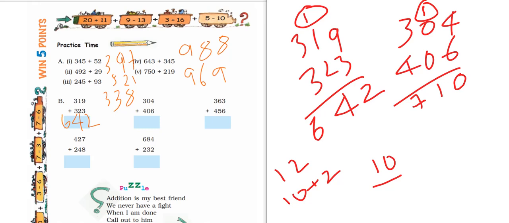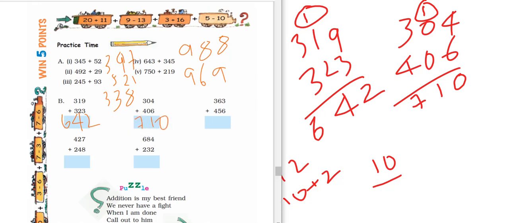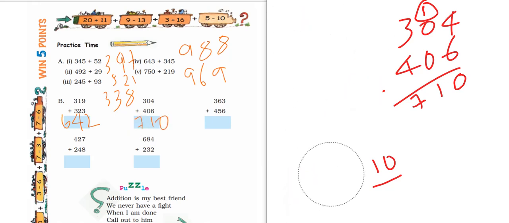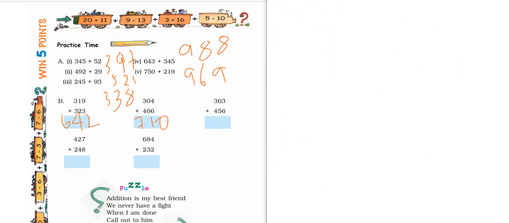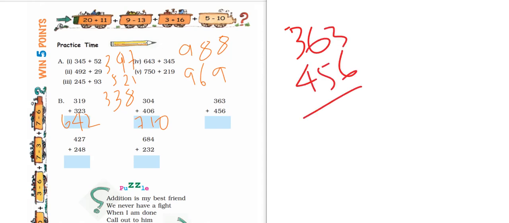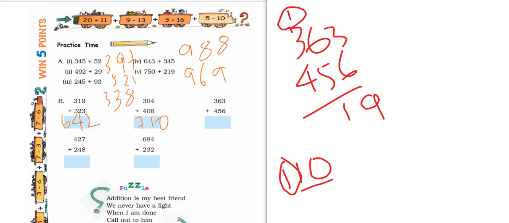That is 710. Okay, the next one is 363 plus 456. You have 3 ones and 6 ones for a total of 9 ones. 6 tens and 5 tens is a total of 11 tens, which is 100 and 10. Put down the 10 over here as 10 and carry forward the 100 to the hundreds column for a total of 800s. So you get